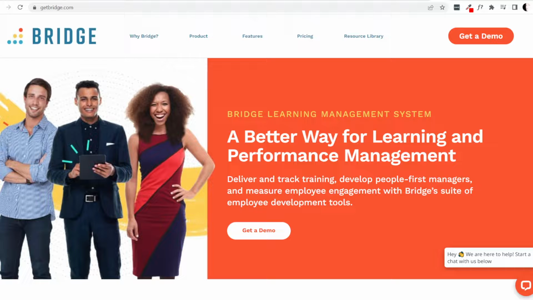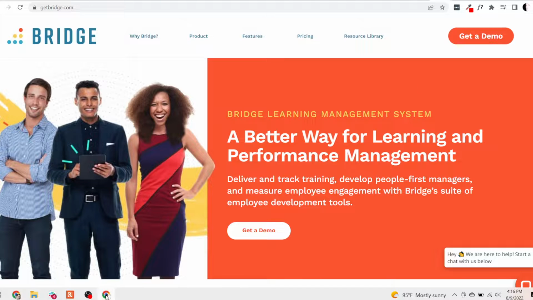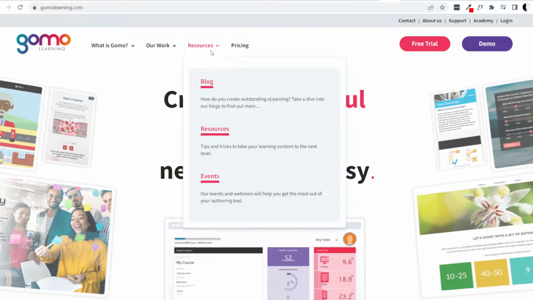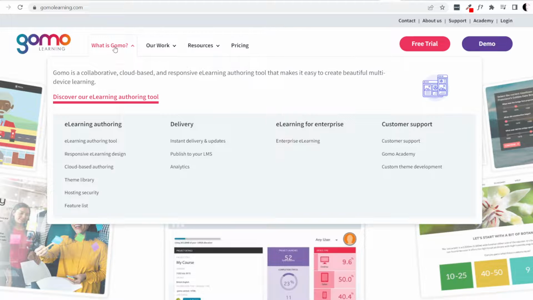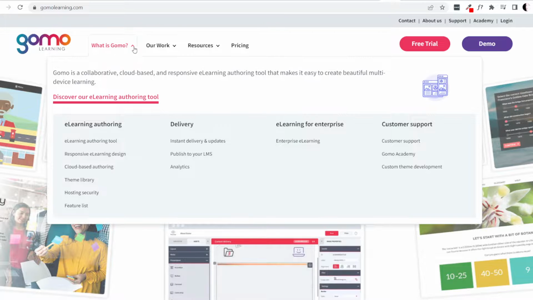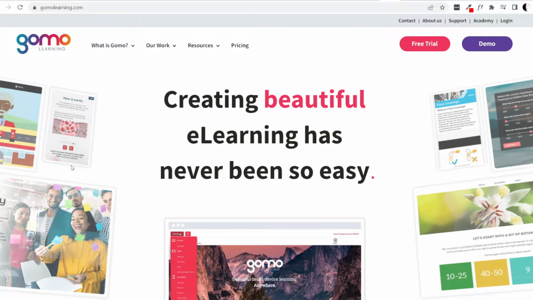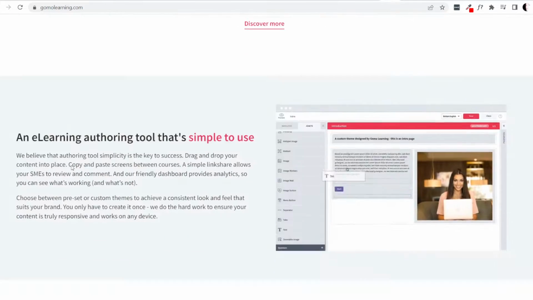Well, that's all well and good. There just seems to be a few things that you could tighten up on your end, and then you would be all set. And I really like, let me get back to the Gomo site here. Really like how you guys have a blog here, your resources, everything's laid out in a very organized manner. The one thing I would recommend in regards to bloat is